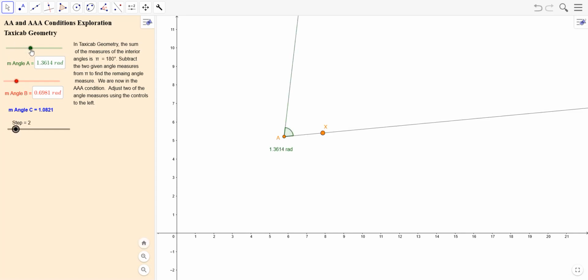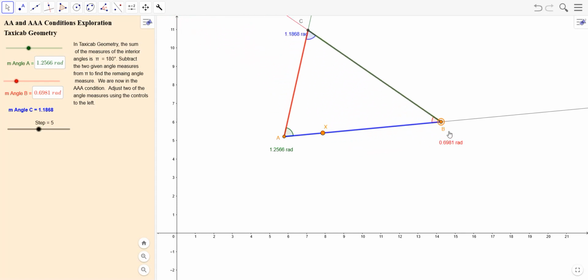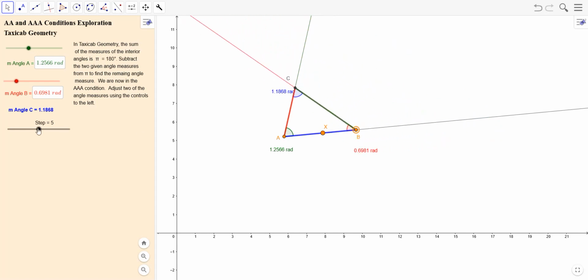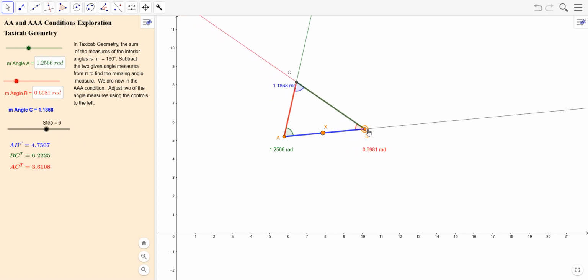Start by specifying the first angle. Next, specify the second angle. And then the third one. There's a triangle. Well, look what happens. Once again, we can move it just like we did in Euclidean geometry, so there are infinitely many congruence classes. But it's even worse than